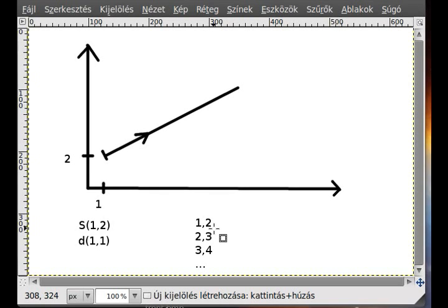Then, for example, in the second frame, we add t times the direction vector. t is in this case 1, so it will be 1, 1, and we add the 1, 1 to the 1, 2, and this will be 2, 3. Alright, and in the third frame we multiply the direction vector by 2, so it will be 2, 2, and we add this 2, 2 to the